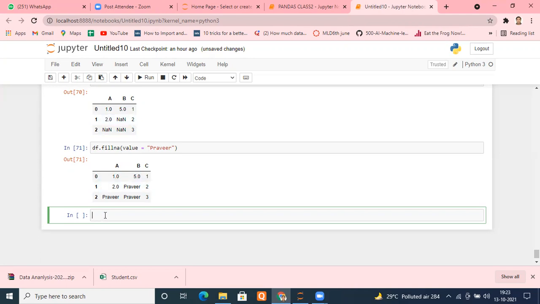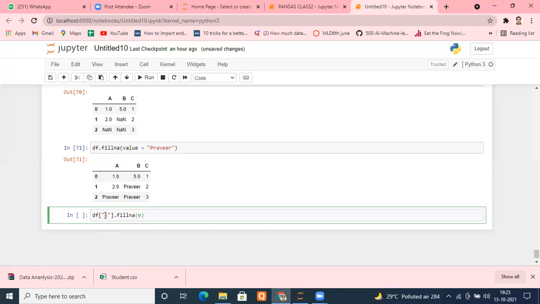Okay. For that purpose, we use df. Again, to access the column A, I'll type A. And again, now I will type fillna. Now come bracket.